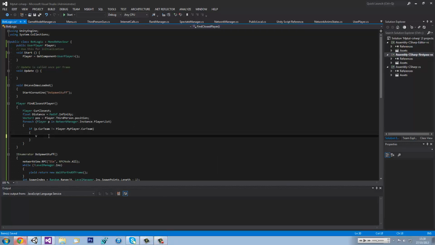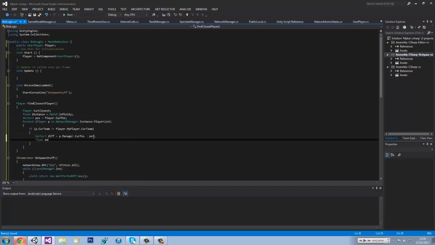We need to find a difference. So Vector3 pDiff, I guess, equals p.manager.curPose minus, oh yeah, also not thirdPerson, my player, it would just be myPlayer.curPose, wouldn't it? Dot curPose minus curPose, and then float mag equals diff.magnitude, or sqrMagnitude rather,